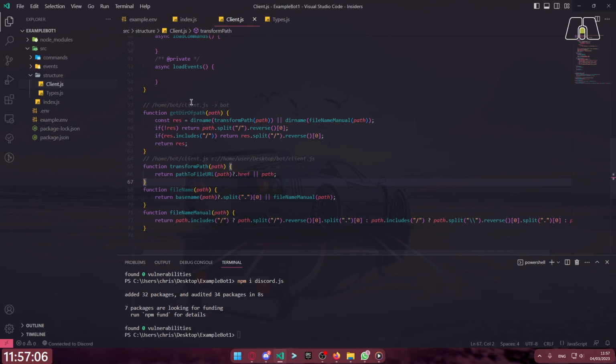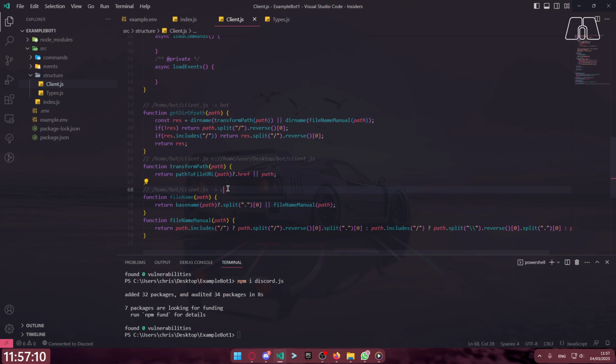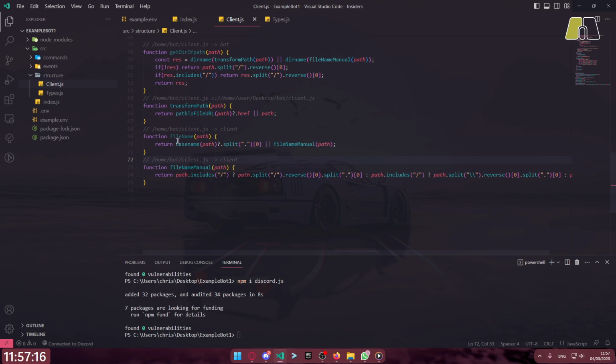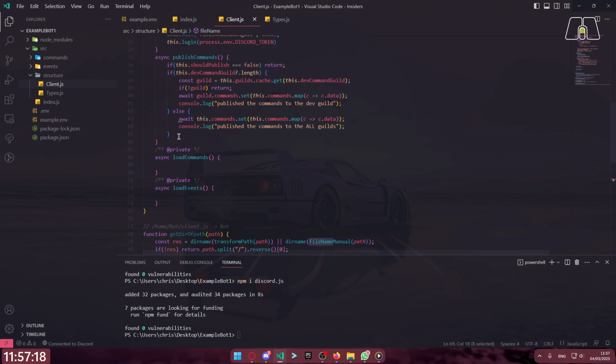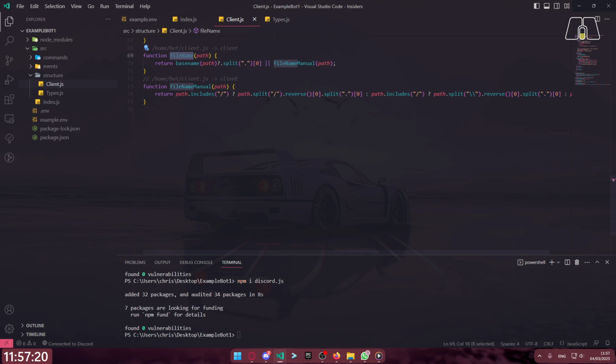With the file name we do the same as getDir of path, but instead of getting the directory we get the file name without the extension, just client in this case. The manual code does it too if this code fails for some reason. The last utility function I'm going to code with you, explaining it. It's a